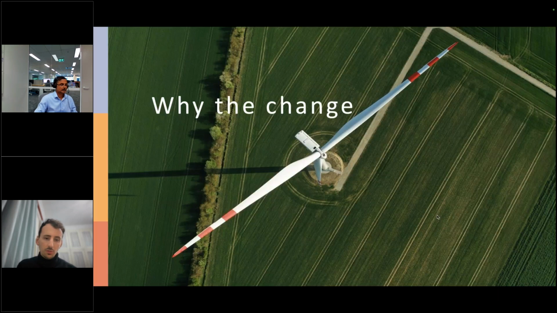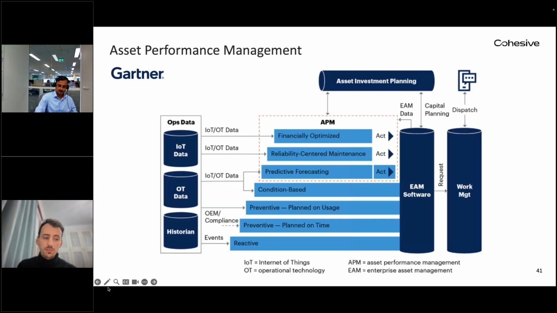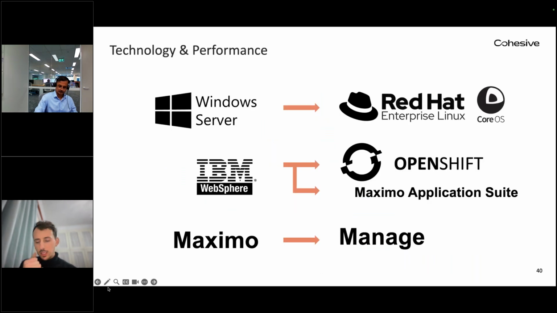Another key thing, at least, is why the change. So like I mentioned before, there is a large shift towards asset performance management. And so your EAM system needs to have these particular capabilities in place. A second one, at least, is because we're talking about IoT data and because we're talking about this Industry 4.0,